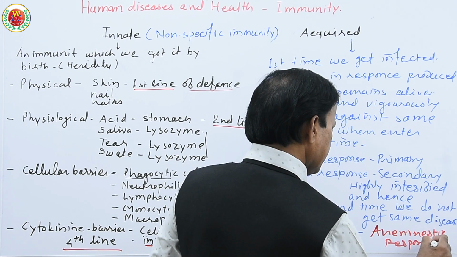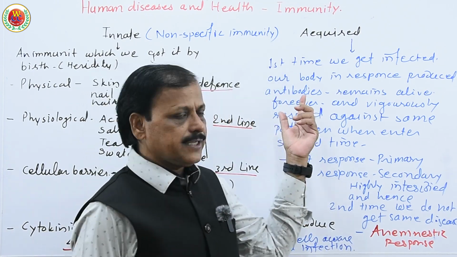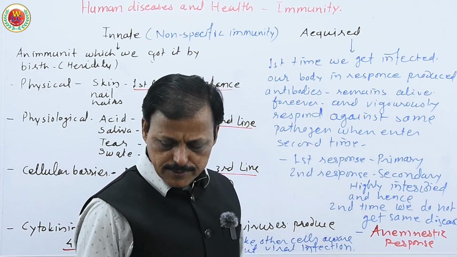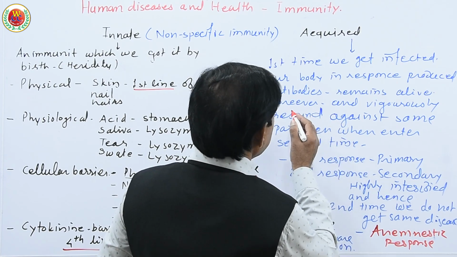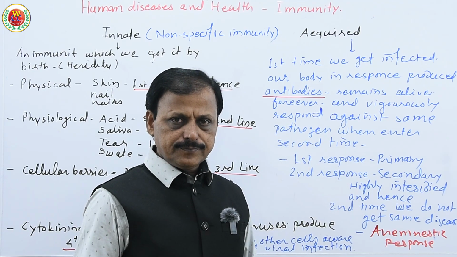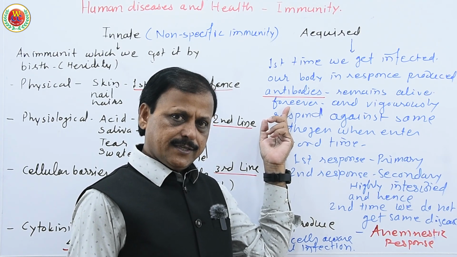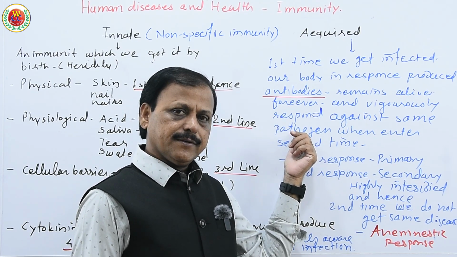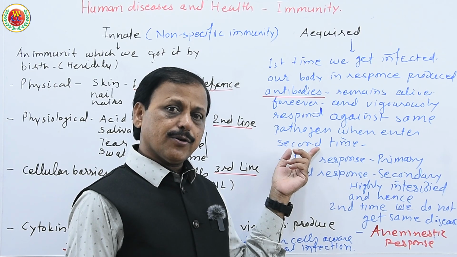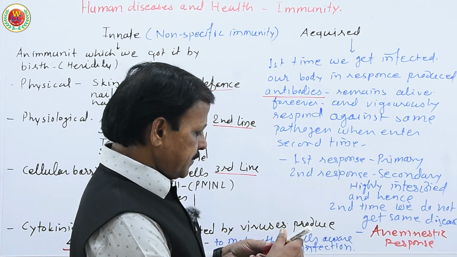This is very important. So see, acquired immunity is what we acquire as and when our body gets exposed to the disease. The first time we have symptoms, we have that disease, and by that time antibodies are produced in our body against that disease. Specific antibodies are produced against that disease. So our body becomes immune for that disease, and the cells, antibodies produced against that antigen remain as memory cells, and when the same pathogen invades a second time, they are already alert, therefore they attack. So this is the fifth doctor, a specific immunity,